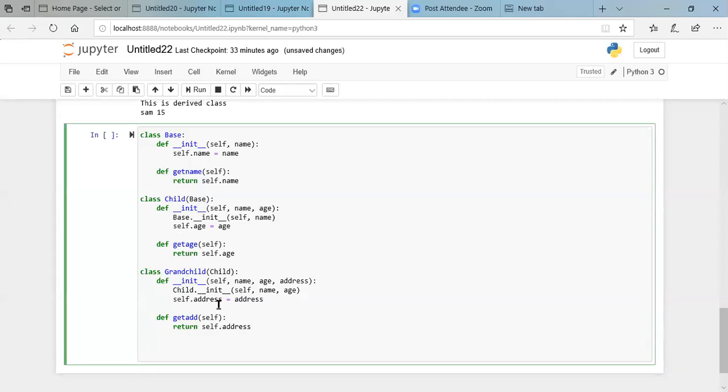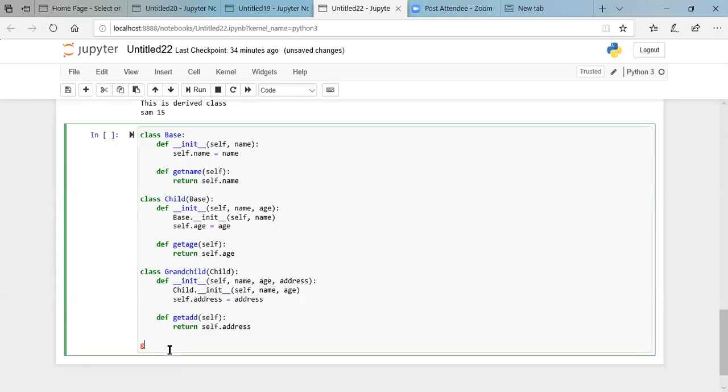So I'll be creating the object of this grandchild. Whatever are the features of this base class will be available in the child class. Whatever are the features of this child class will be available in the grandchild class. So directly we are going to create the object of this grandchild with the help of some object name.